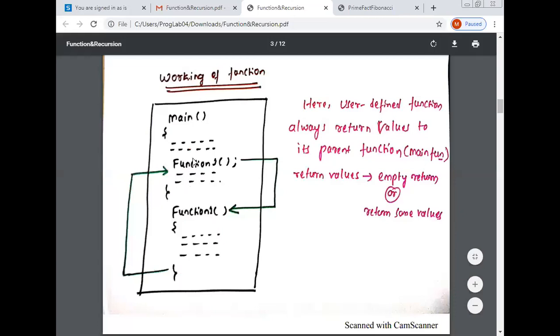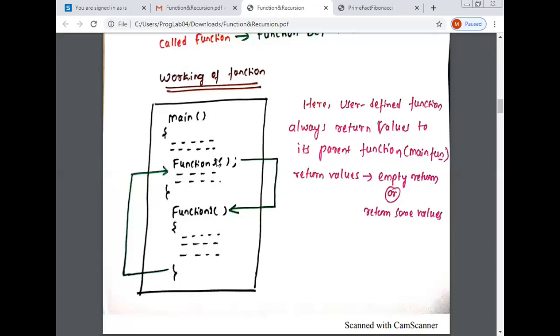Once you start executing the program, once it encounters the function name, it will automatically redirect to the user defined function, that is function one. Then, outside of the main function, it will start to execute the user defined function.